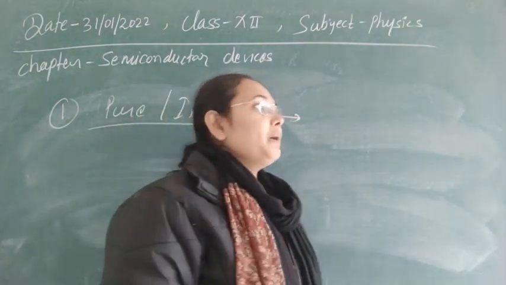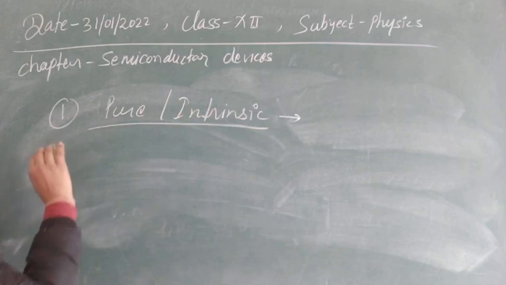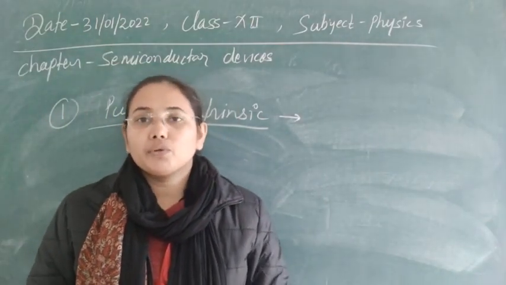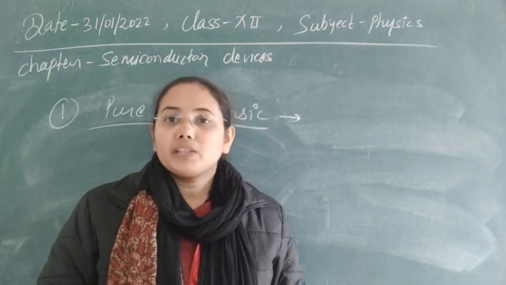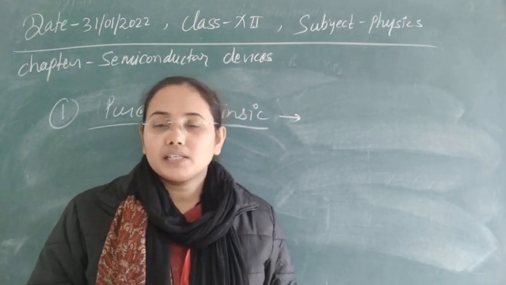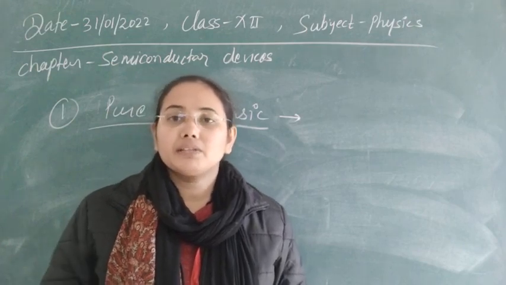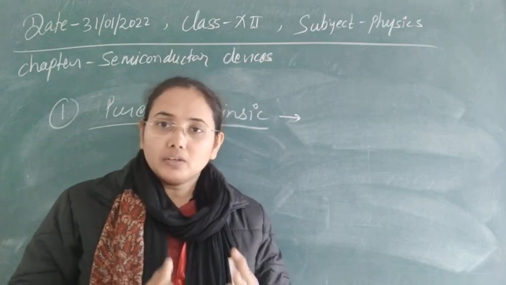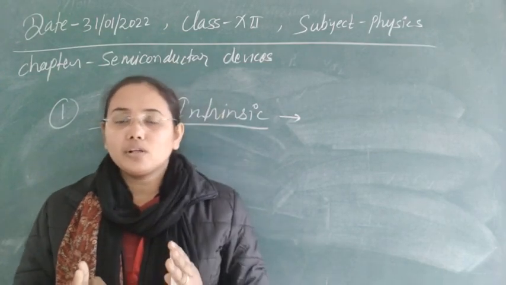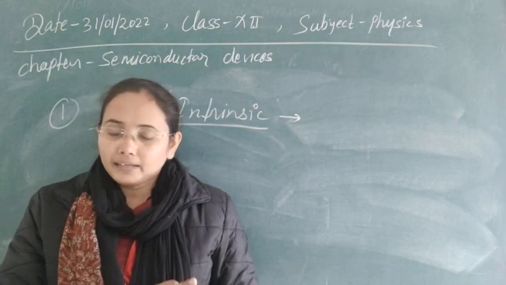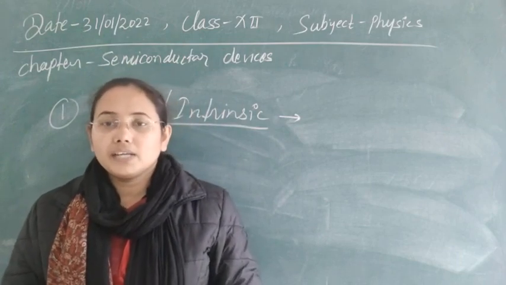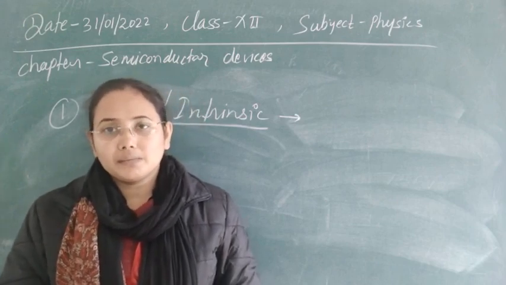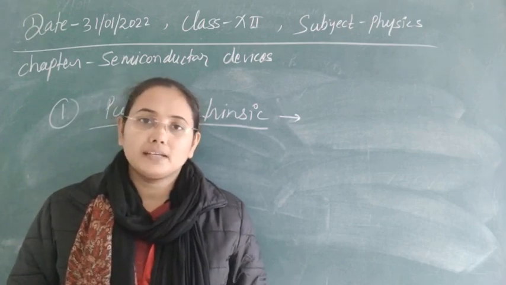In the doping method, these fourth group elements are mixed with third group elements, or we can also use fifth group elements. When we mix them with third group elements, one kind of charge carrier is produced, and when mixing with fifth group elements, a different kind of charge carrier is produced. Here is the difference from the conductor. In a conductor we have only one kind of charge carrier, the electron. Here we can produce two types of charge carriers in semiconductor materials: one is hole and the second is electron.